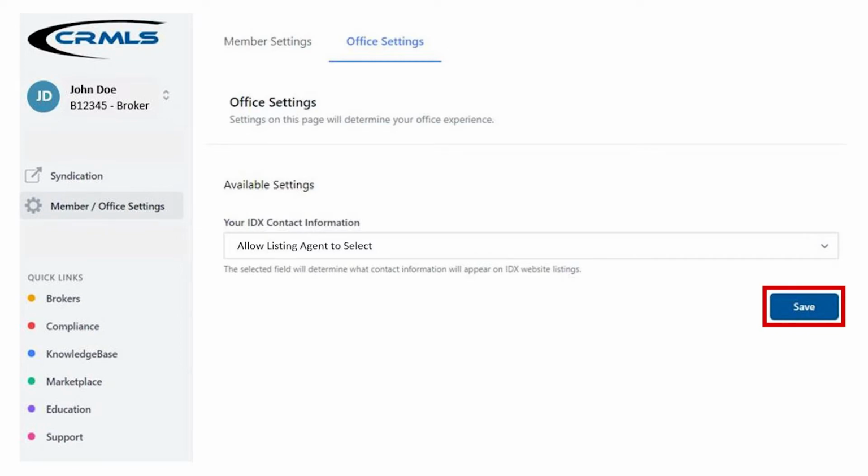Setting your information preference this way will result in all listings attributed to that specific office having the same contact information appearing in IDX displays. Please note that while most of these options pull from your roster information, a few of the options are tied to individual listings. For instance, if you select co-agent email, the IDX display will populate with a co-listing agent